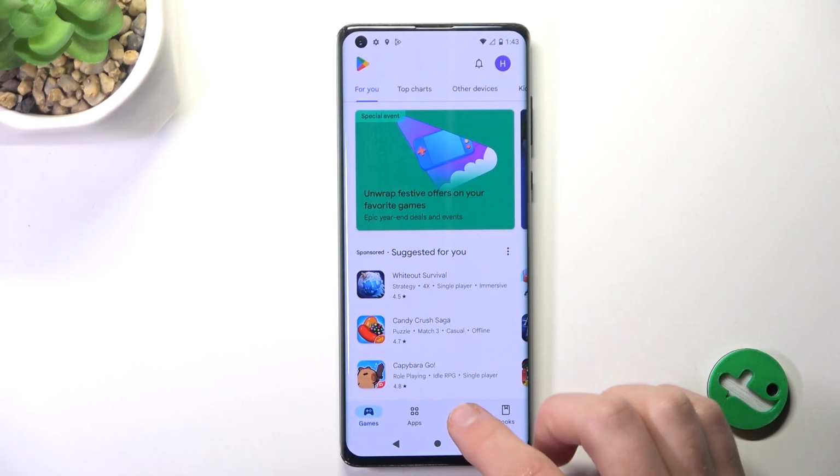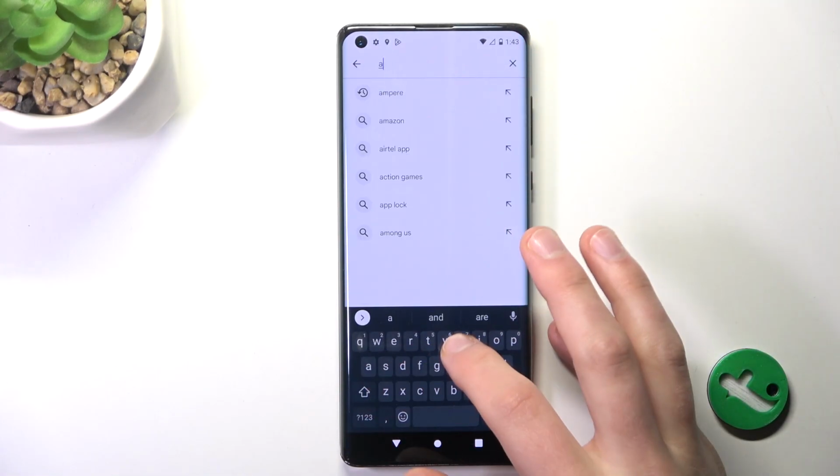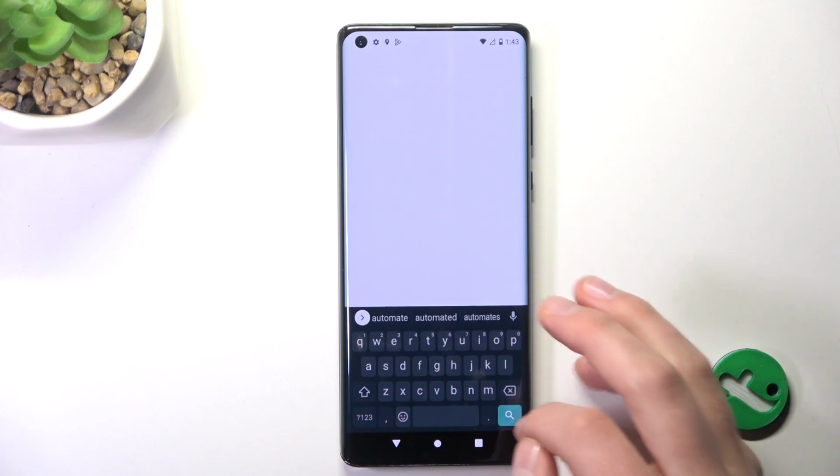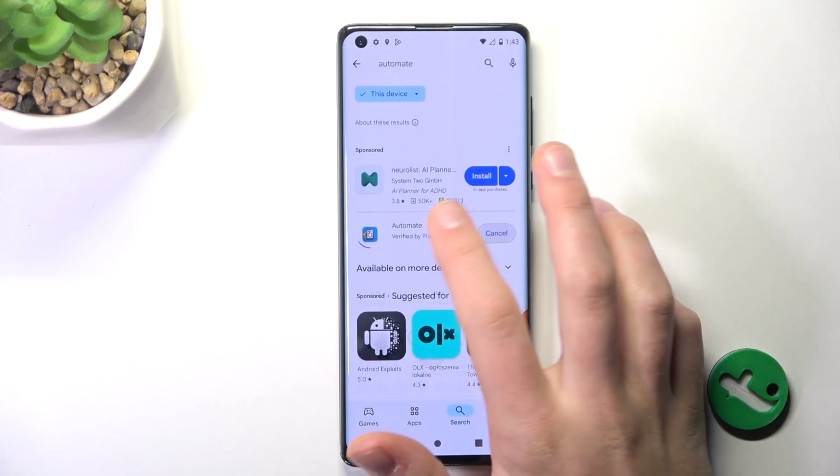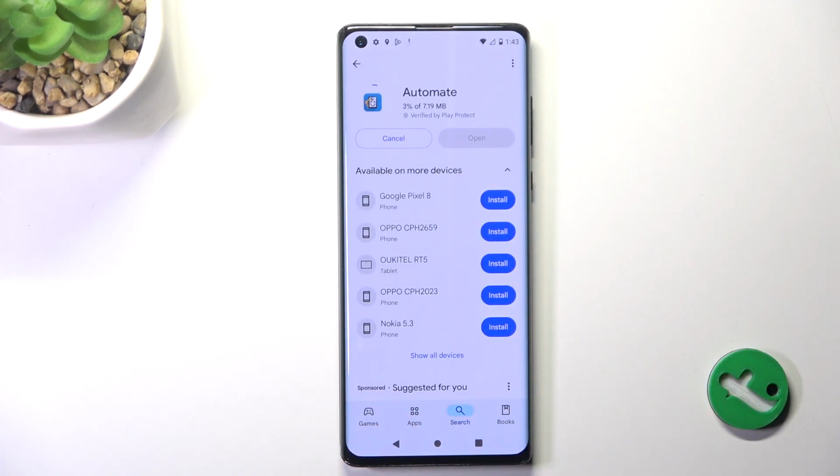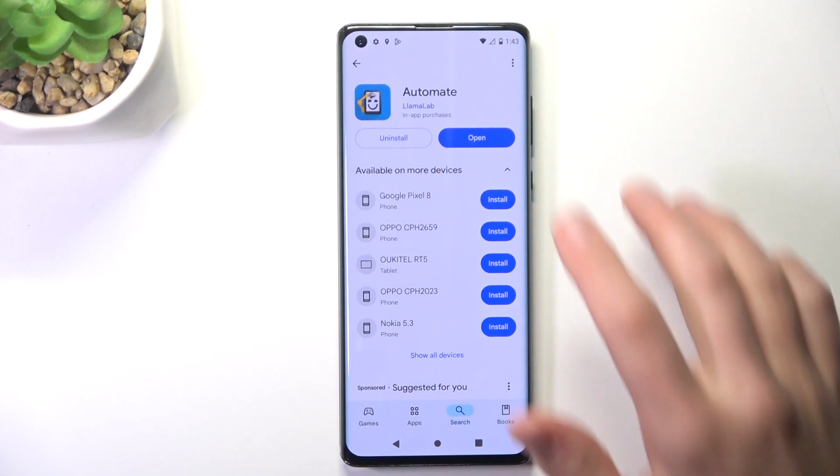Firstly, go into Google Play Store, search bar, and search up Automate. Now install the app. Now we can open the app,